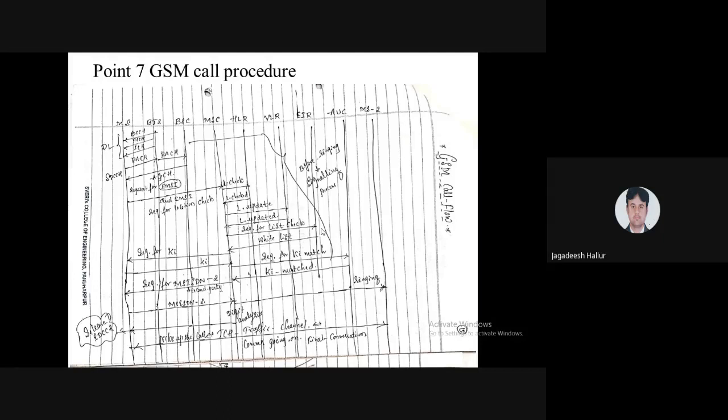The conversation starts with the TCH channel. So this is the concept of the GSM call procedure.